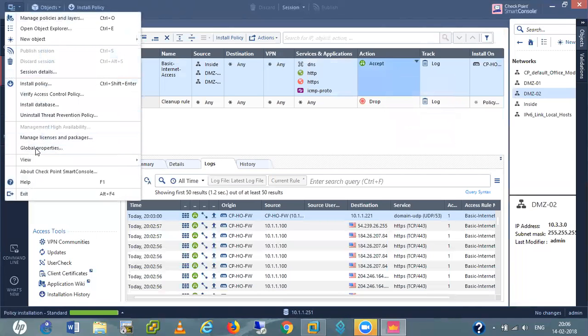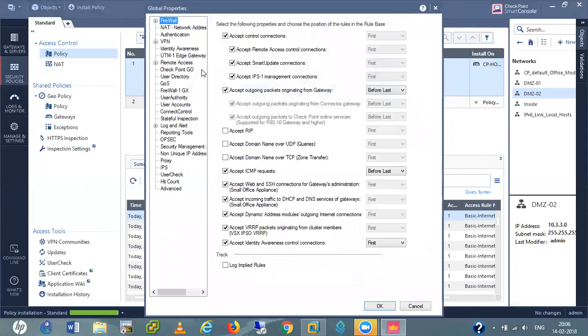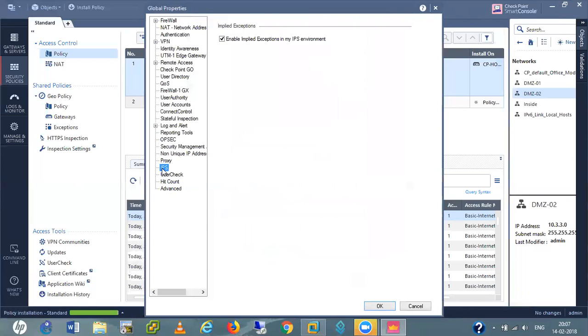There is some global settings also. State inspection. IPS, go for IPS. No, nothing. We don't have anything here.